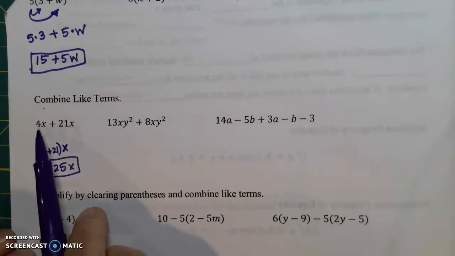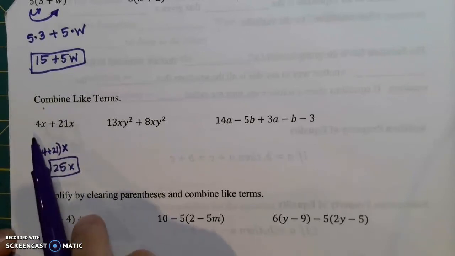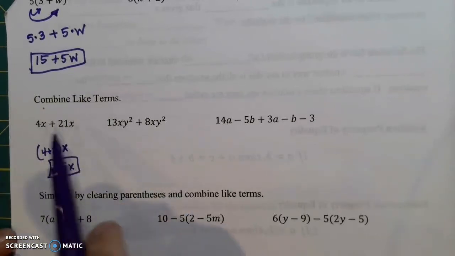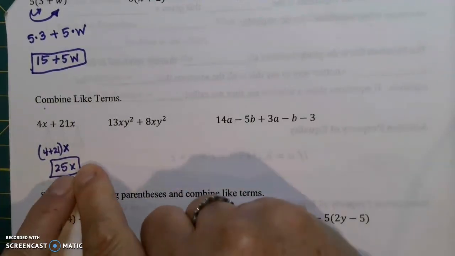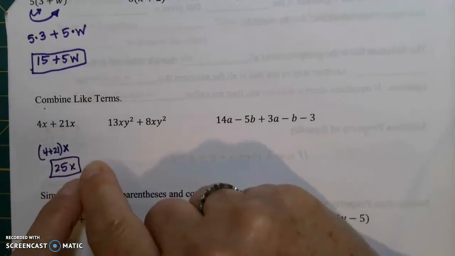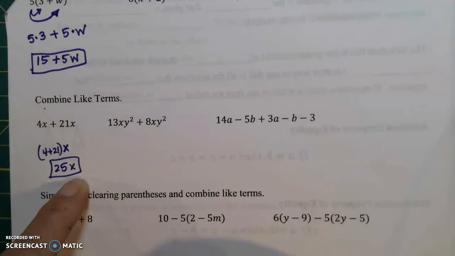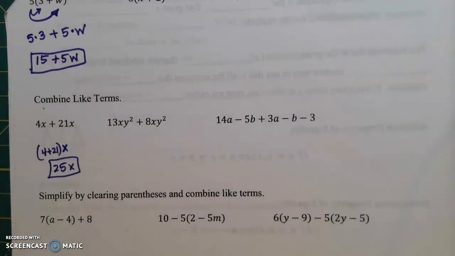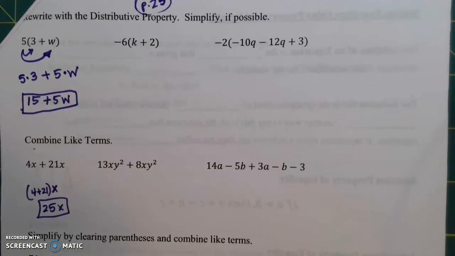Now, remember, this is like x plus x plus x plus x, 4 x's. If I've got 4 x's and 21 x's all together, I'm going to have 25 x's. But the variable part stays the same. We identify it as the same, and we keep it the same. We do not square it. We don't double it. We don't put any powers on it. Nothing like that. Okay, I am going to pause and let you guys look at the rest of these,